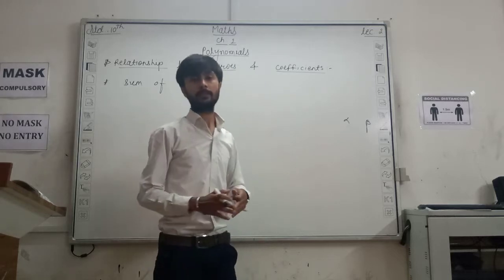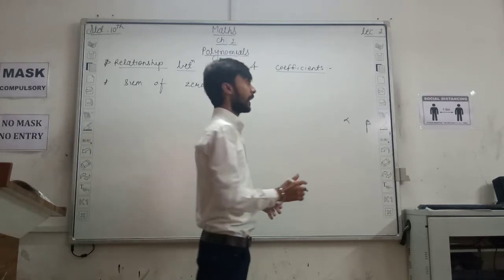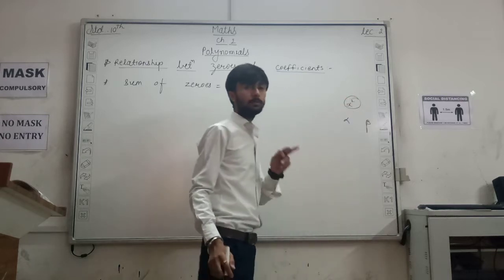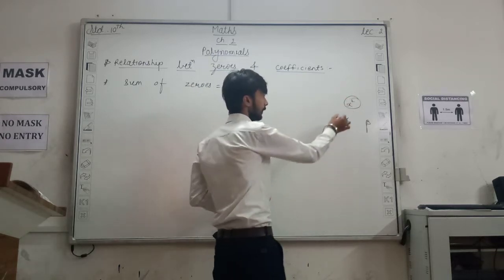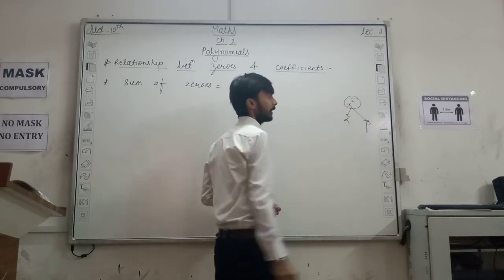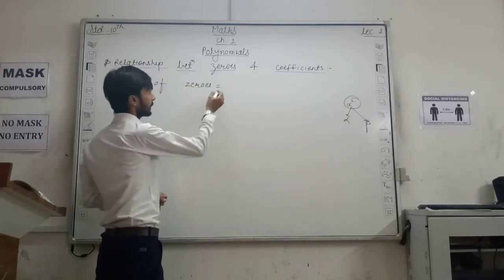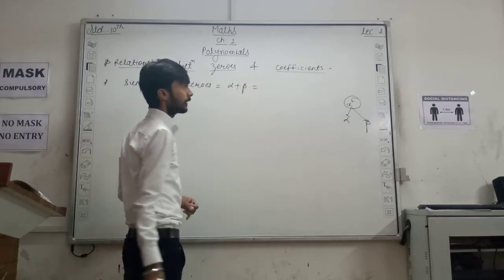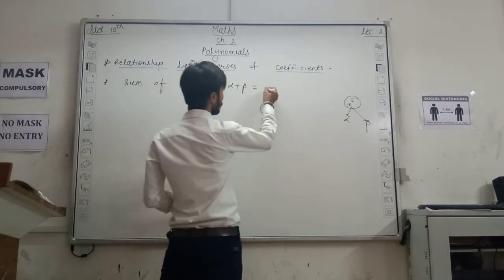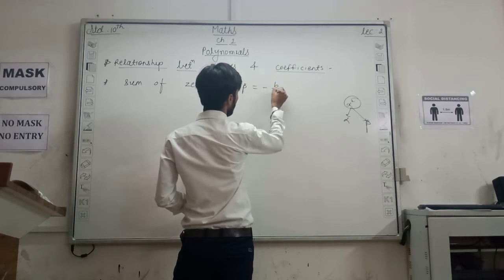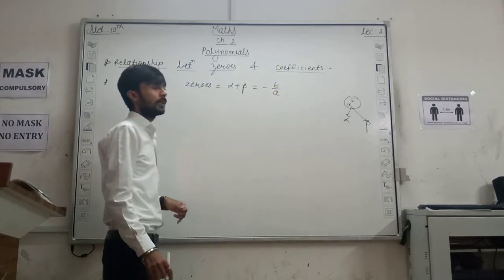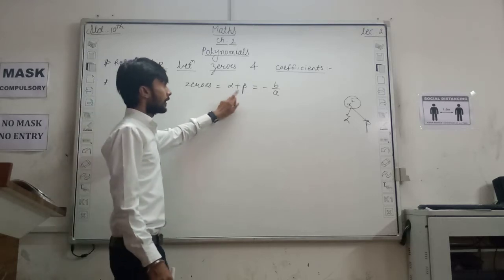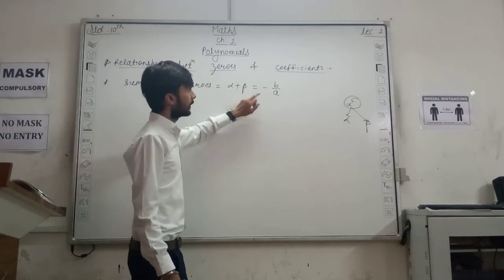If we have any quadratic equation, that means its highest power, the degree, will be 2. That means it has two zeros, first one alpha and second beta. Sum of zeros means alpha plus beta, and the formula for that is alpha plus beta equals minus b upon a, which is the formula to find the sum of zeros.